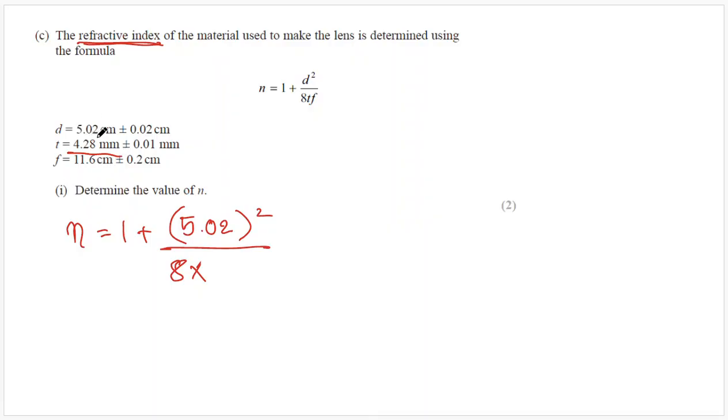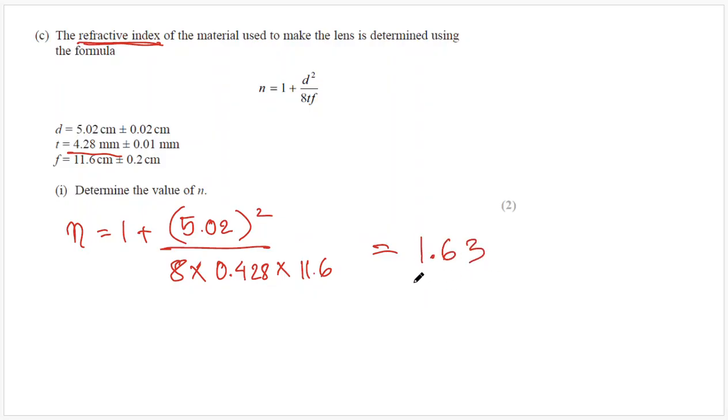So 4.28 millimeter is divided by 10, 0.428. 0.428 times F is 11.6, which gives you, for this part, 0.63, and you have plus 1 here, that makes